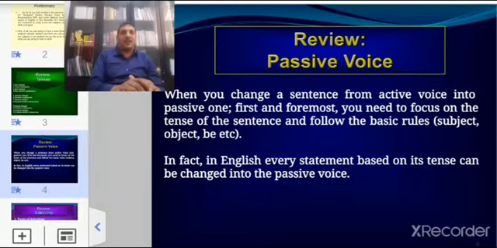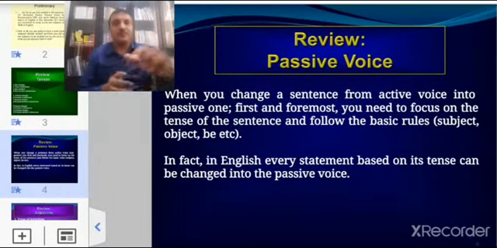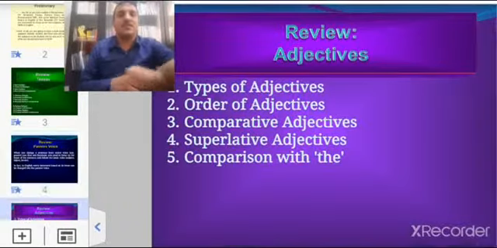So very simple, and you have to pay attention for each and every tense when you change, and keep it in mind that the verb to be is compulsory for every tense. Even if there is a verb to be in a sentence, you can add it. For example, I'll be teaching you. You will be being taught by me. Okay, this is the way. Let us see what is next.